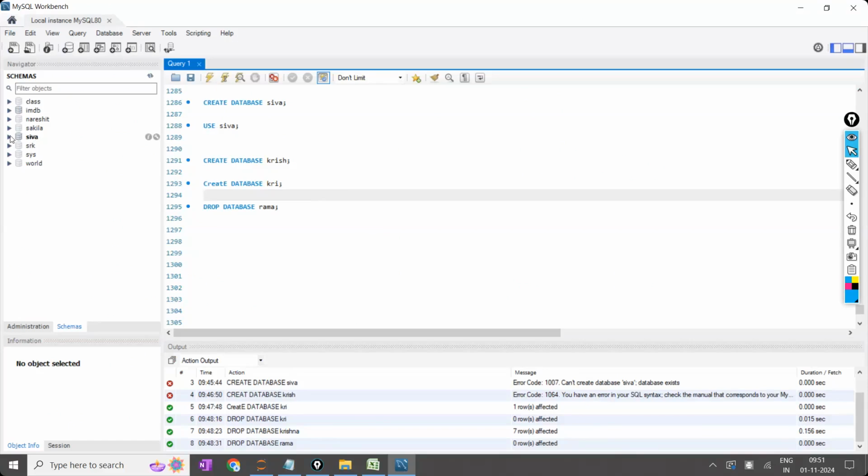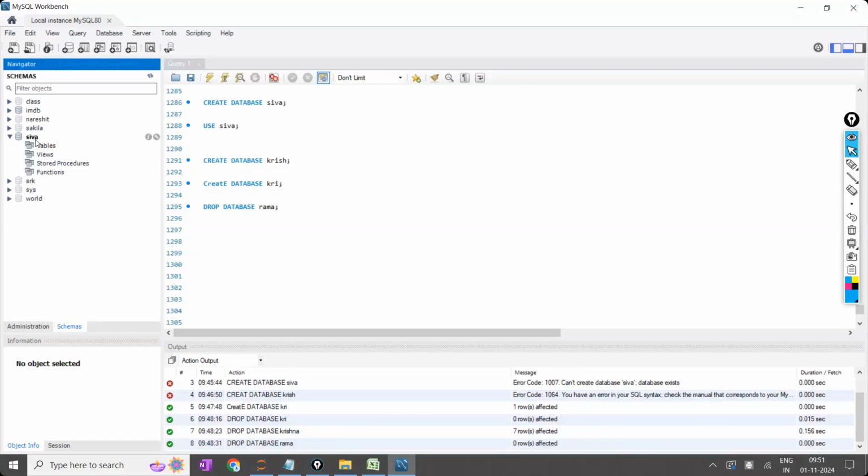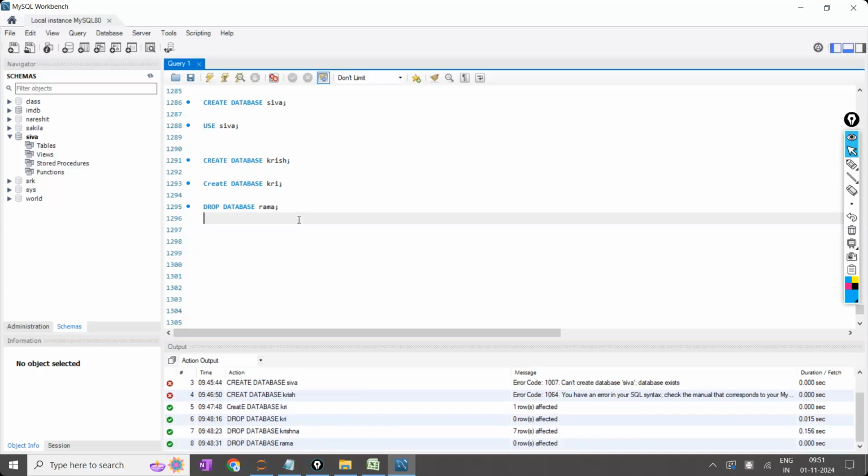Which database you are selecting now, that will be shown in bold letters. Now, from here, you are going to start creating the tables. For creating the tables, everyone has taken some photo yesterday. Do you remember? Just open that.